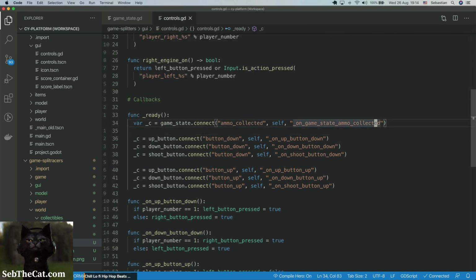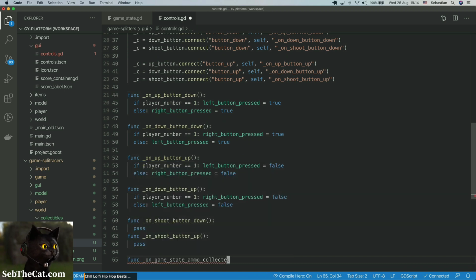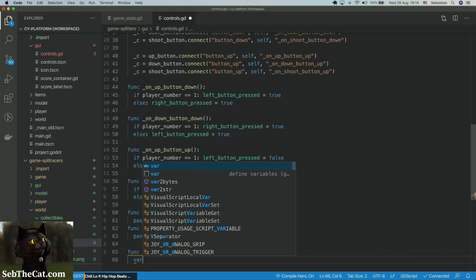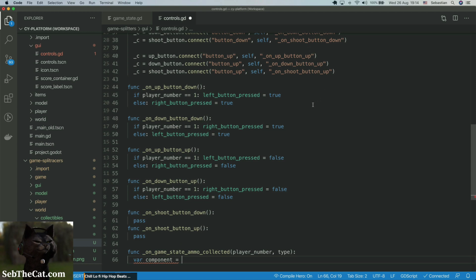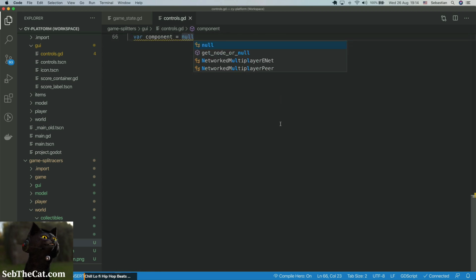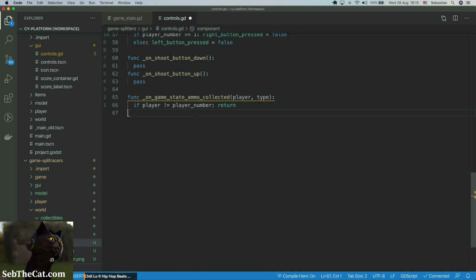And let's just grab a reference to this and say down here, we're going to get a player number and a type, I believe, and the var component is equal to, for now. Okay, so then we can say if player not equal to player number, then return. So we use an early return pattern. Otherwise,